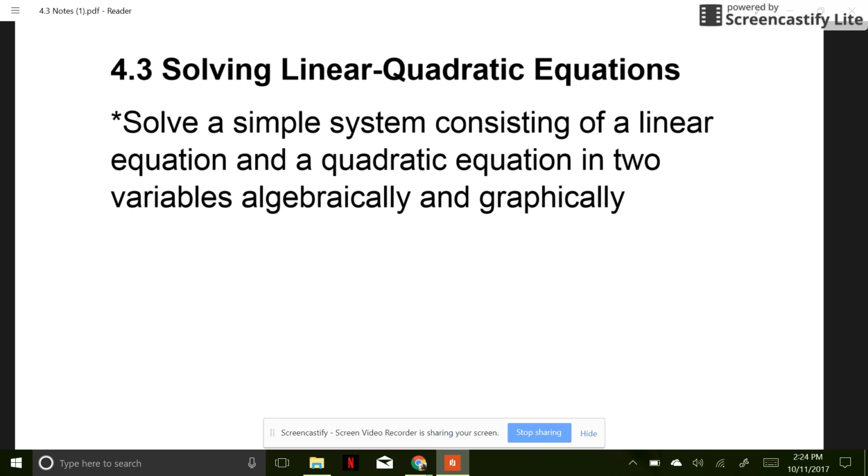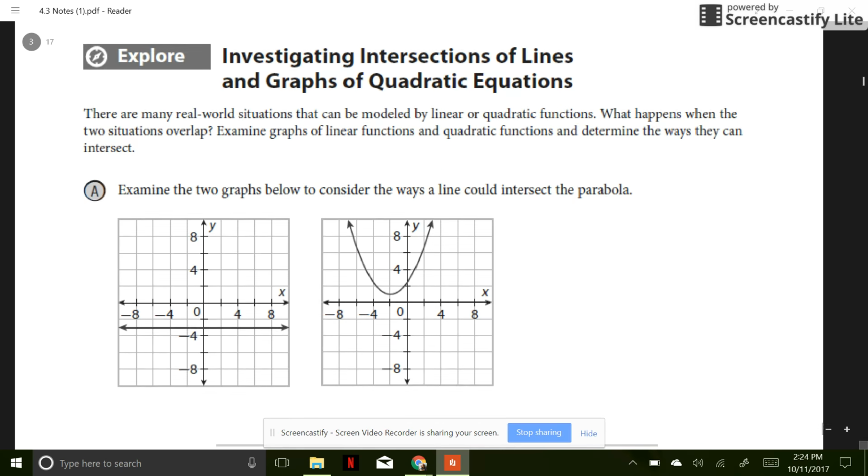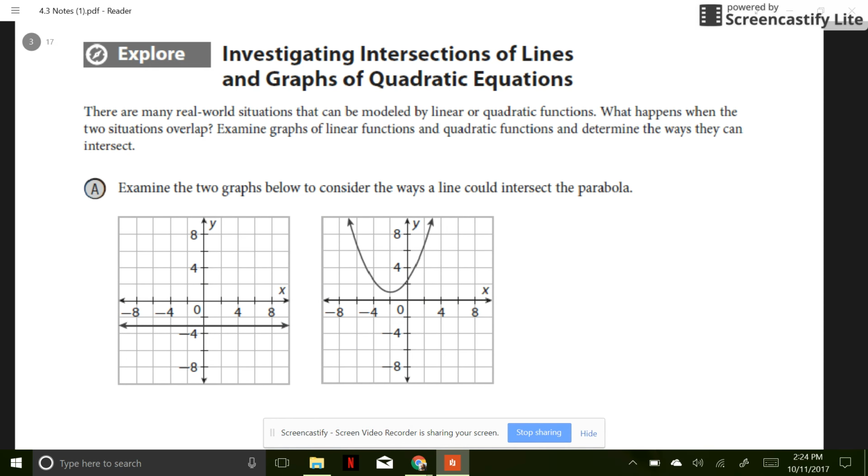Okay, so we're going to start by looking at section 4.3, solving linear quadratic equations. So our goal is to be able to solve a simple system consisting of a linear equation and a quadratic equation in two variables, both algebraically and graphically. So first thing I want to think about is if we have a line and we have a quadratic,